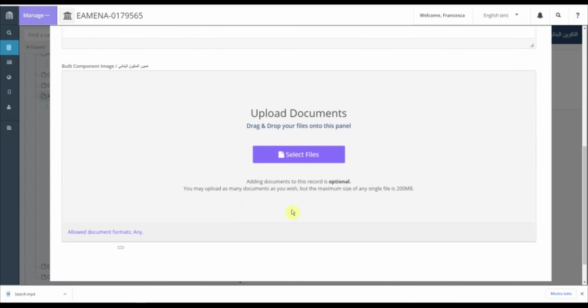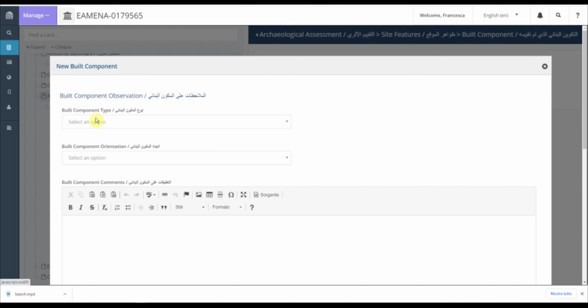The first field is called build component type. In this field, you will enter the type of build component that you are recording. For example, structural components such as floors, roofs, openings, as doors or windows. All these components can be recorded here.